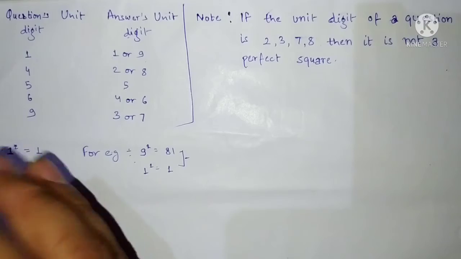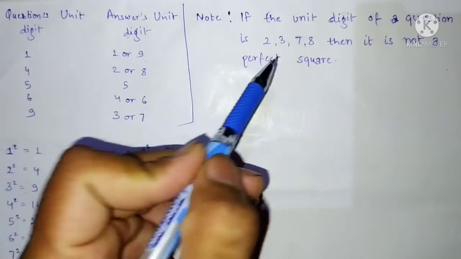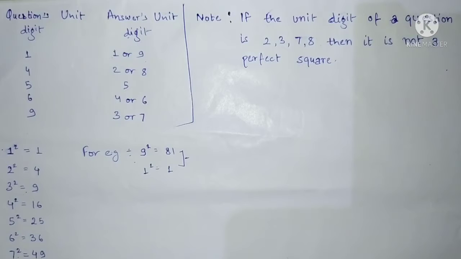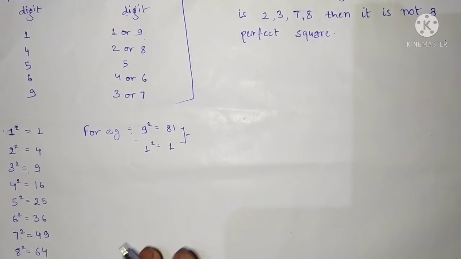Okay, remember it. If your unit digit is 2, 3, 7 or 8, then remember it is not a perfect square, and because it is not a perfect square we cannot easily find the answer. We will get so many difficulties while finding answers, and if we find the answer we will get it in decimals. Here we have to find the square root of a perfect square. I'm going to give you a question so that it gets clear in your mind.